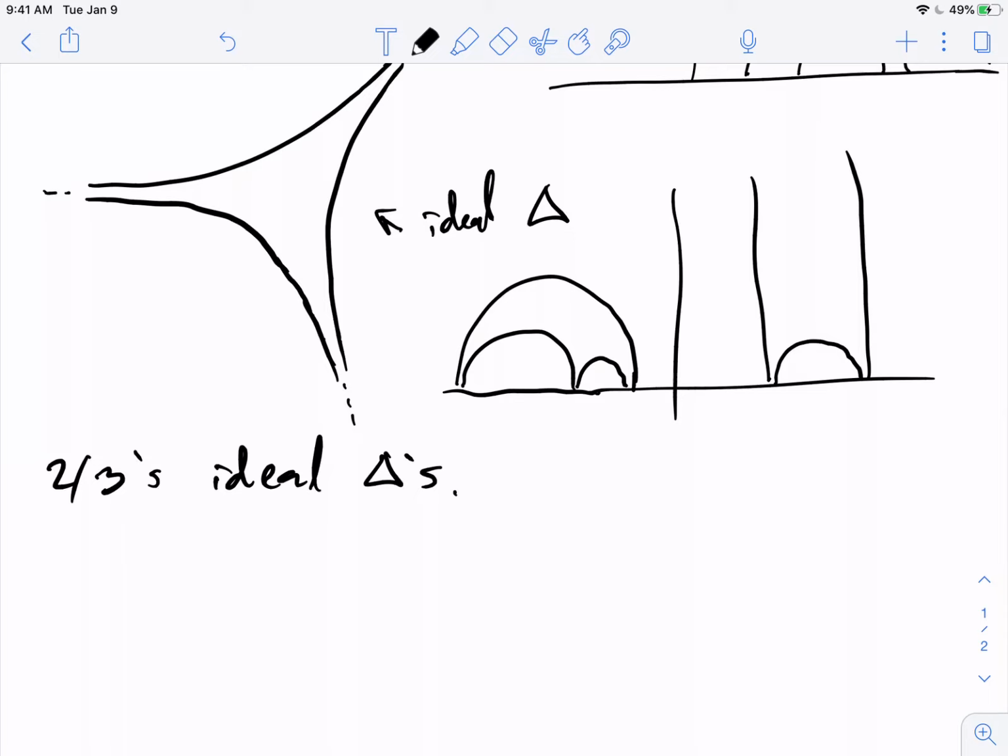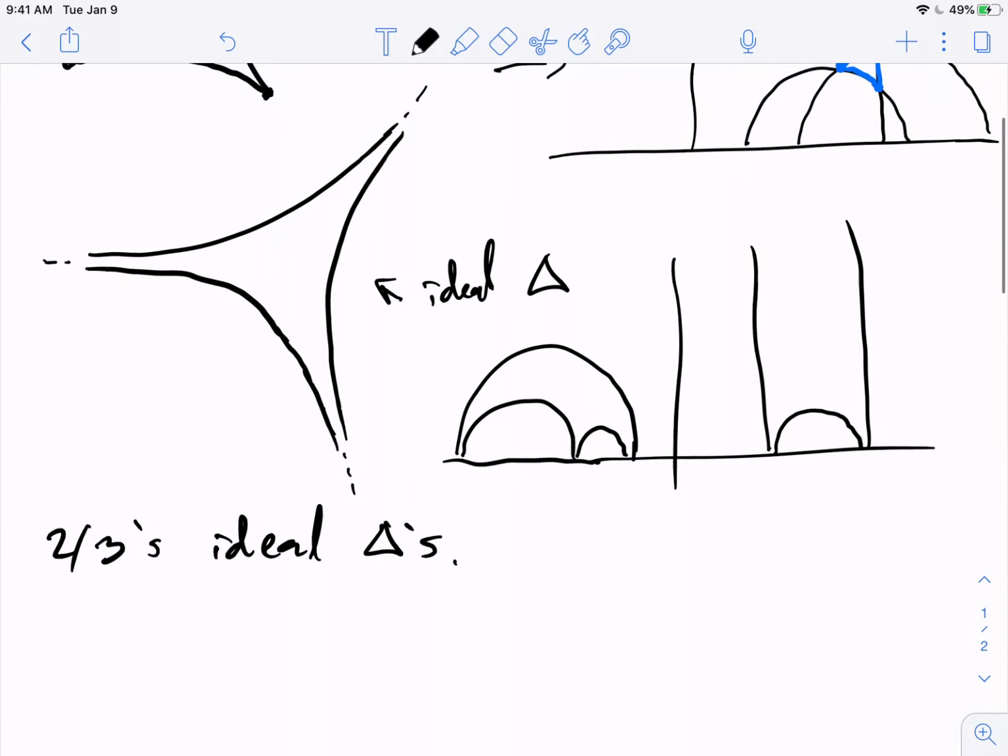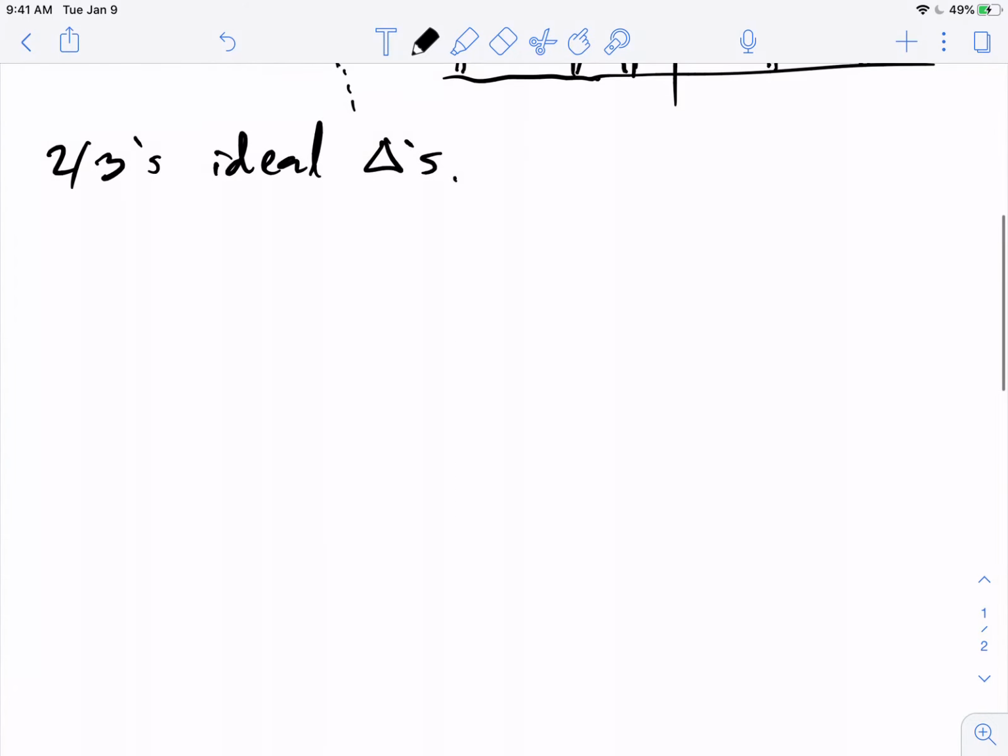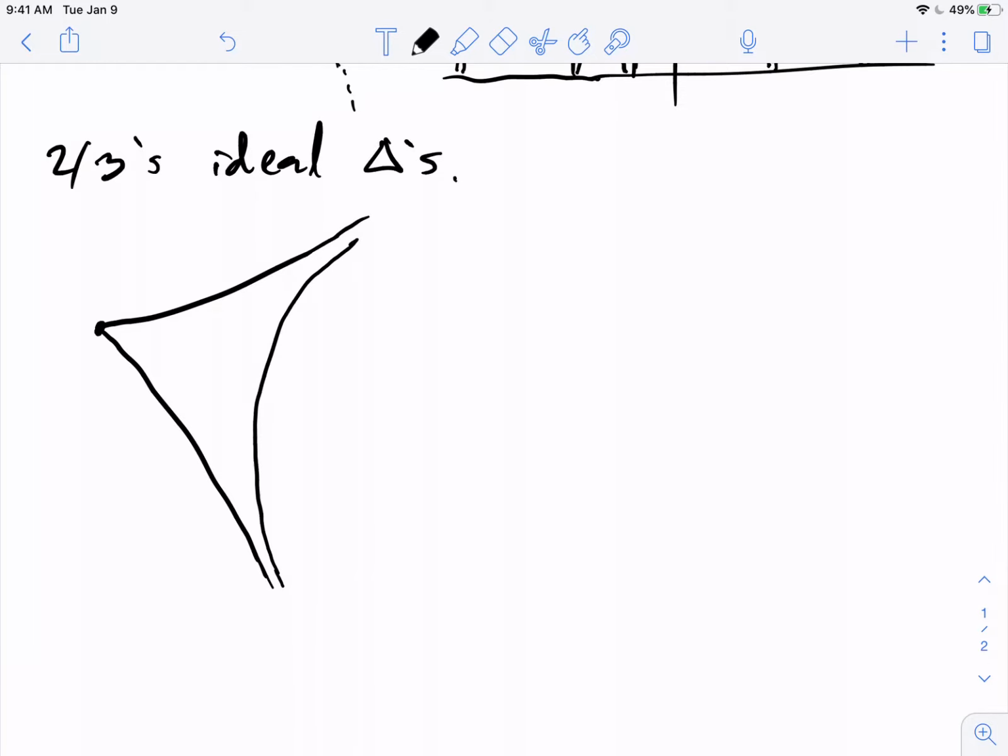The reason they're called two-thirds ideal triangles is two of the three vertices are ideal in the sense that they're just asymptotically approaching each other, not actually intersecting. So what I mean is I have one honest vertex with two geodesics coming off of it, but then the other two vertices are not vertices, they're given by the two geodesics becoming asymptotic. So something like that. This is a two-thirds ideal triangle, and so on the upper half plane